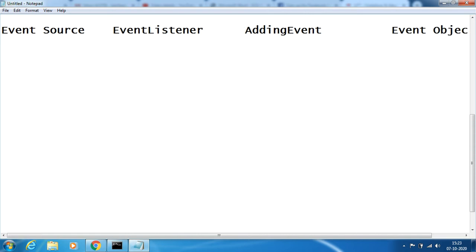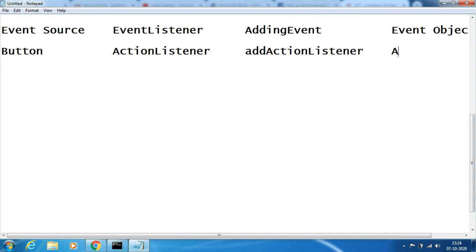So if you take the first one, say button is an event source, the listener is action listener. How to add event for action listener is add action listener, and event object is action event.